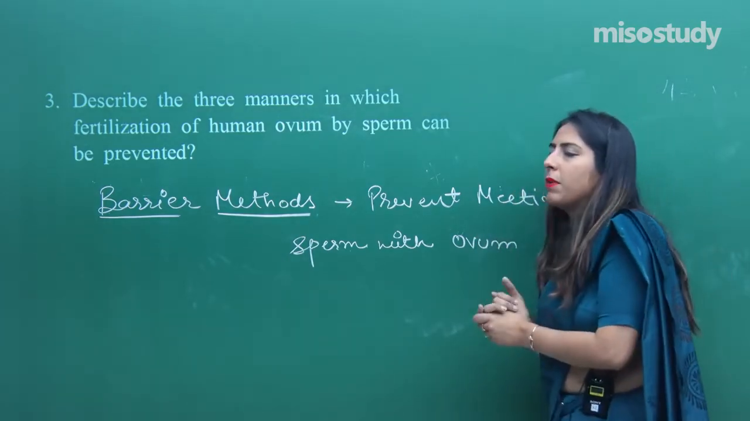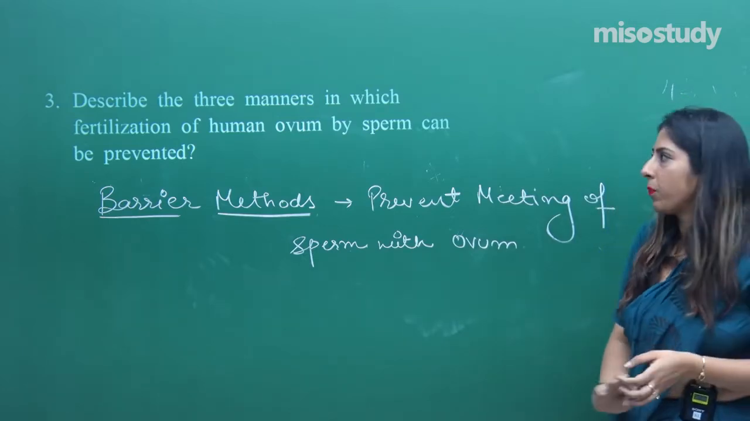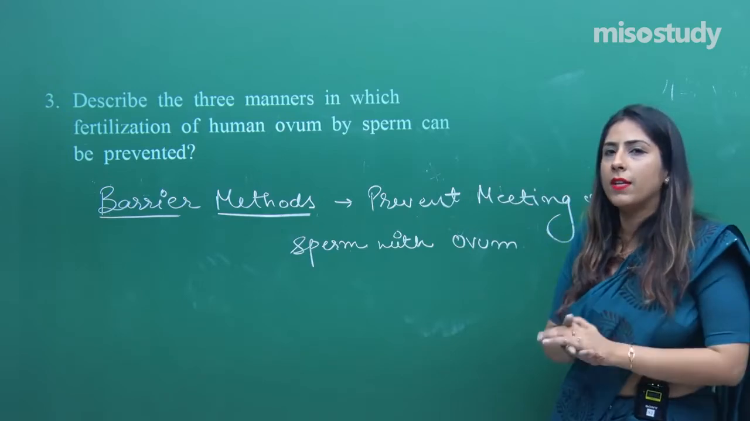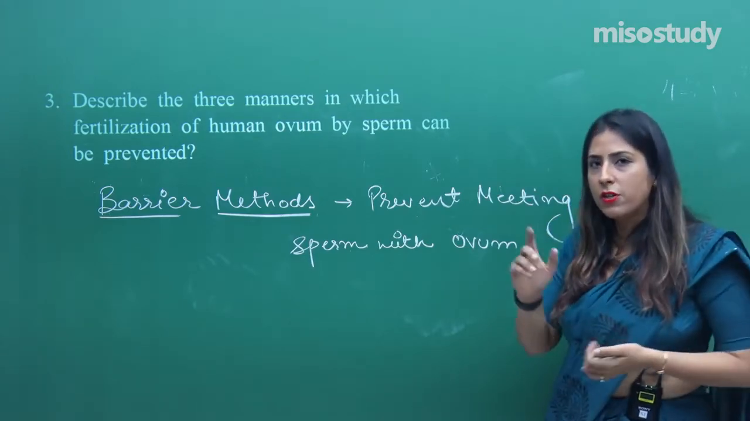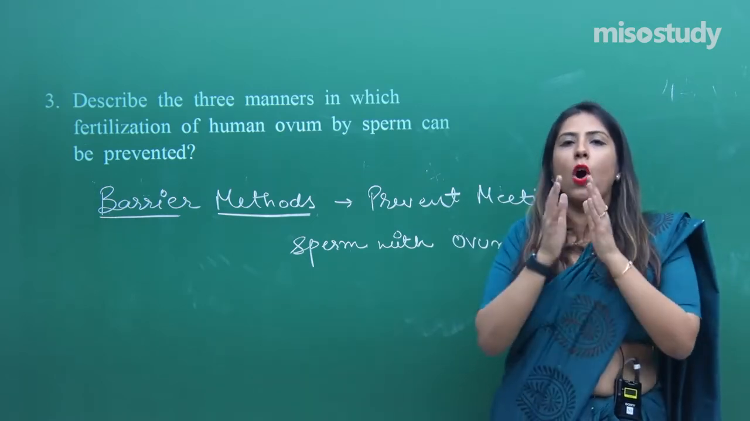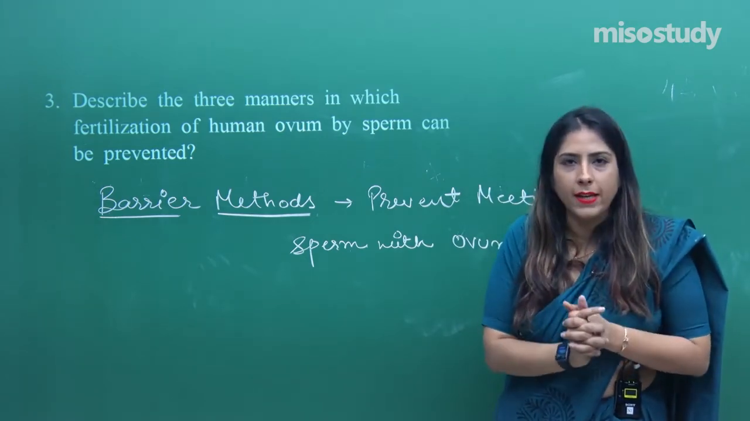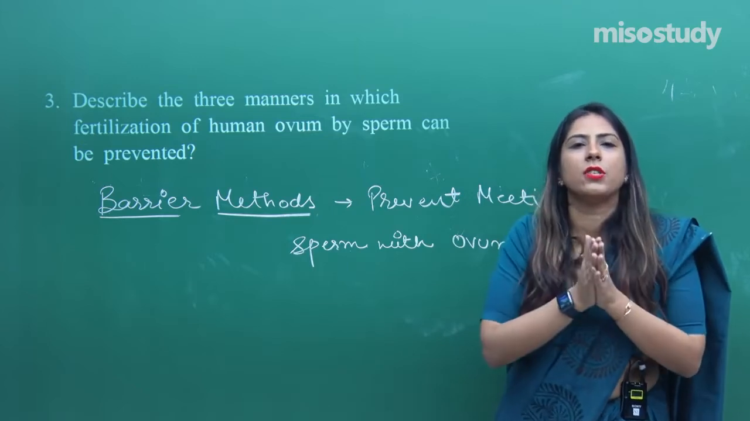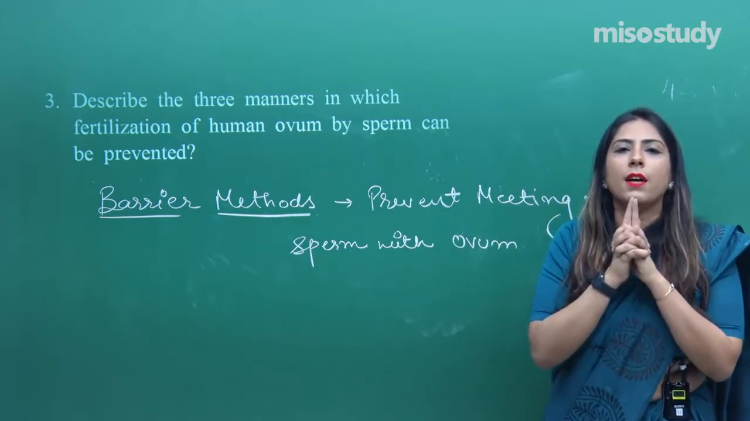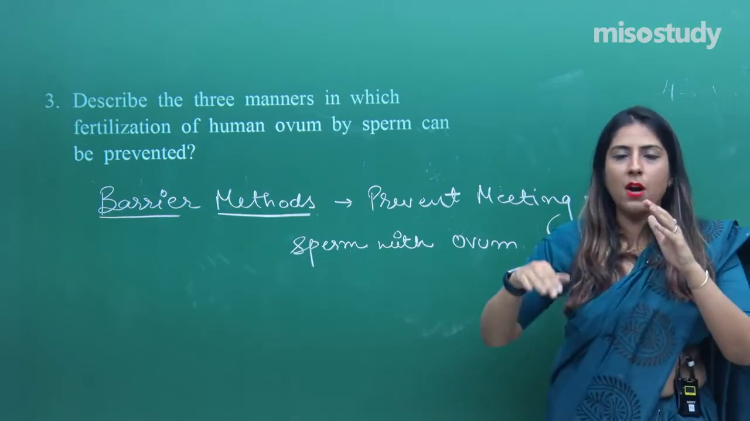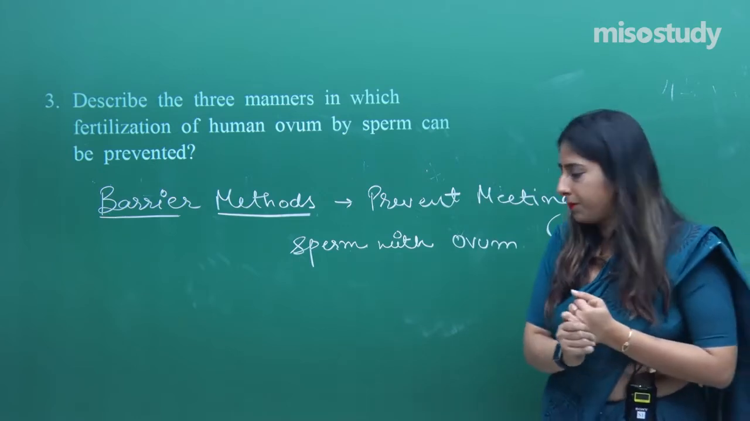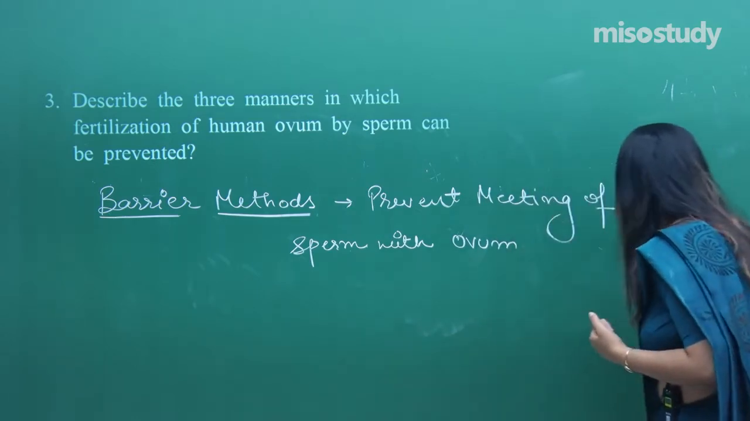Students, along with these barrier methods, there are so many other methods also. Because here fertilization has been mentioned, right? So we can also write the intrauterine devices. Some intrauterine devices are there, such as a copper T, right? Copper T keeps on releasing copper ions, due to which the fertilization cannot occur. One thing you need to remember in this case is that fertilization occurs in the fallopian tube, right students? The sperm will enter into the vagina, they will reach up to the fallopian tube where the fertilization will occur. Next question to talk about is,